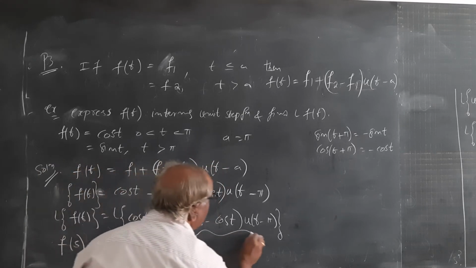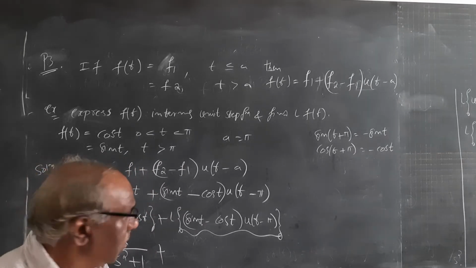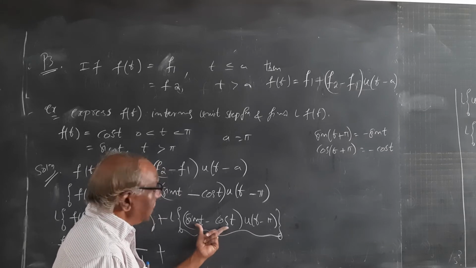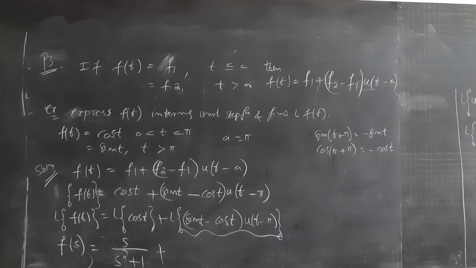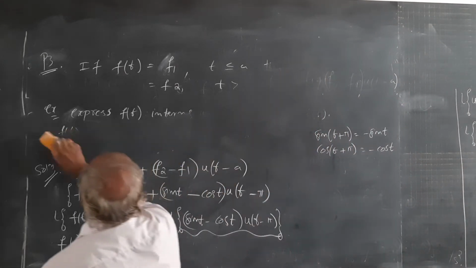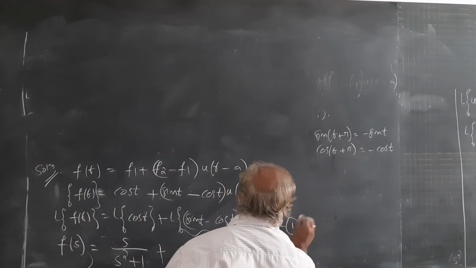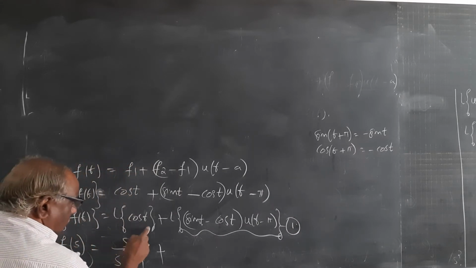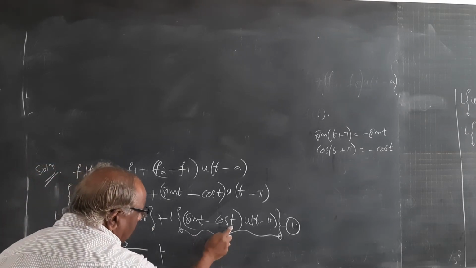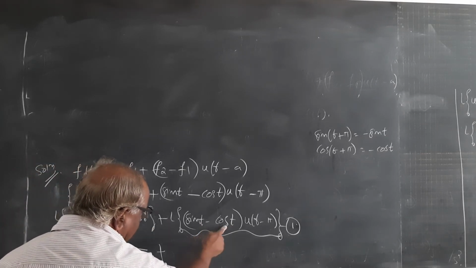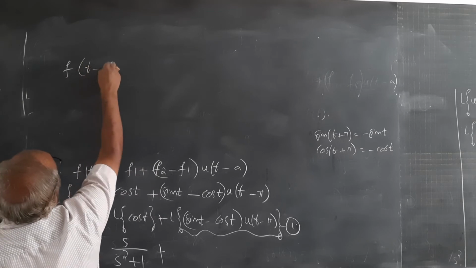So let us take this as a fresh problem and solve it. How to solve this? Take this as f of t minus pi and proceed. Call this equation 1. We are substituting here: L of cos t is s by s squared plus 1. Now I have to take this as a fresh problem. What is that? Sin t minus cos t. Here it is t minus pi. Therefore, f of t minus pi